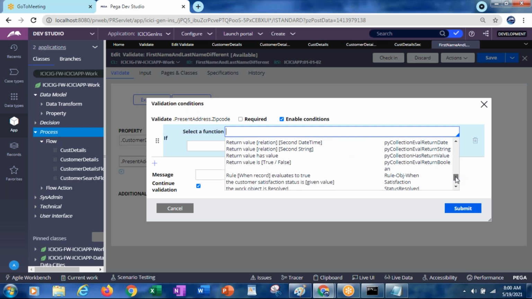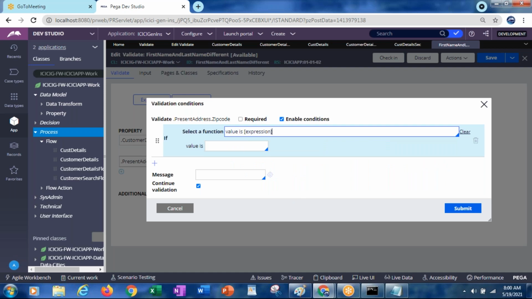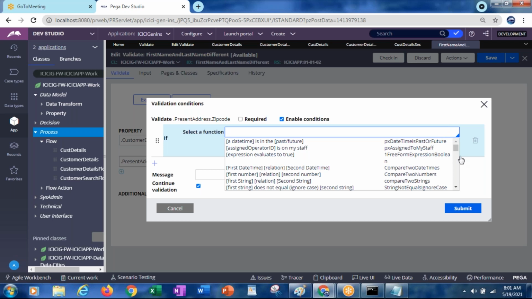So I think here that function may not be available.